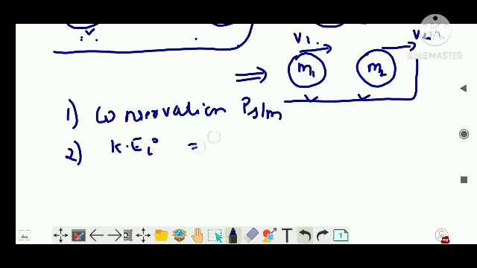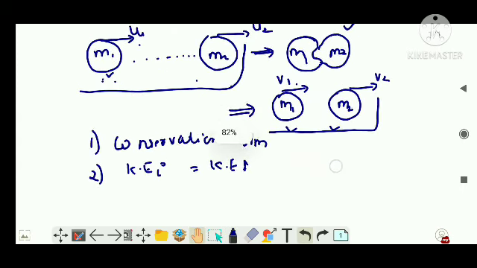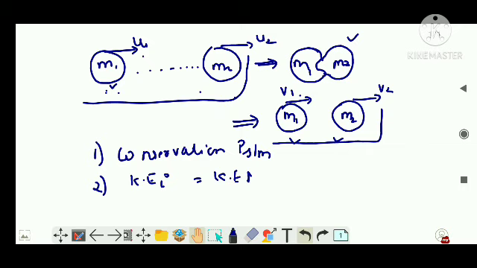Now similarly, we have talked about how kinetic energy doesn't change. That is, initial kinetic energy will be equal to final kinetic energy, or I can say conservation of kinetic energy. See, that's what I wanted to make sure, guys. Actually kinetic energy is not conserved, right? But in your textbook, to make it simple for you, it is said that kinetic energy is conserved in the case of elastic collision. But if you tell a person who has deeply studied physics that kinetic energy is conserved in elastic collision, he will say it is wrong.